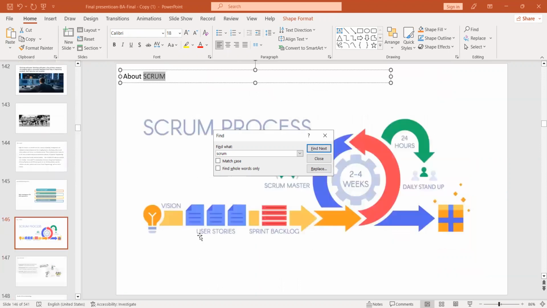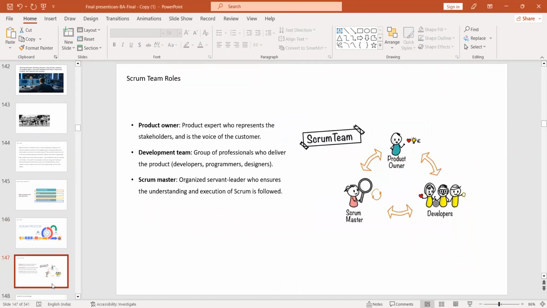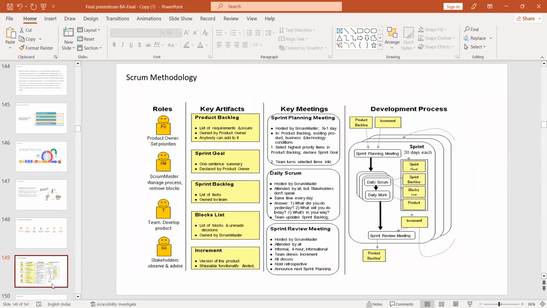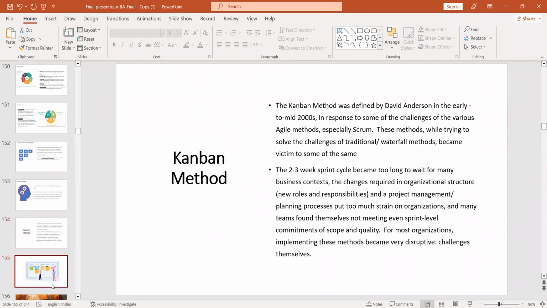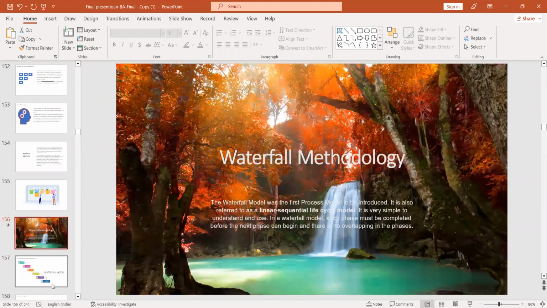Here we are going into the details of the Scrum process. Later we'll be moving on to how Scrum works, the Scrum methodology, Scrum events, Scrum artifacts, and other things. If some people have a special interest and want to learn exactly what Scrum does, we have Scrum in depth.